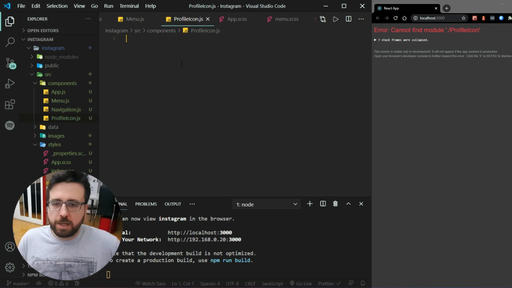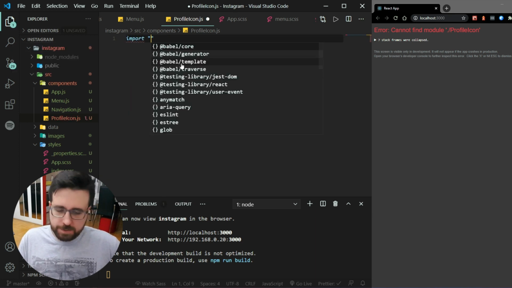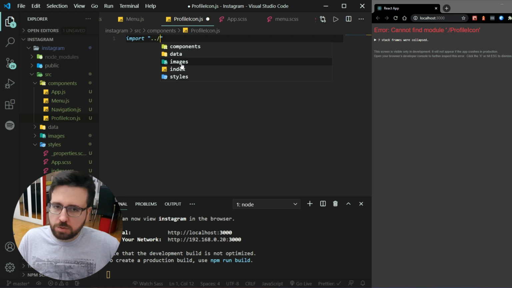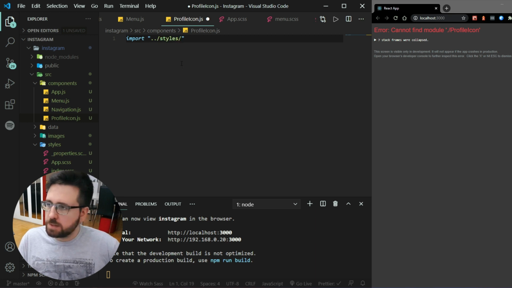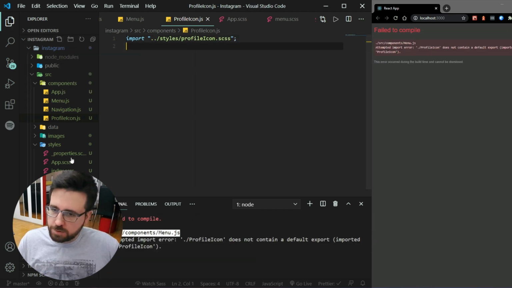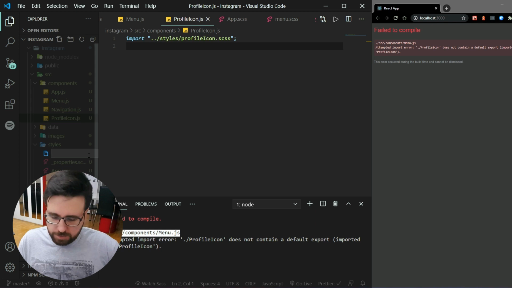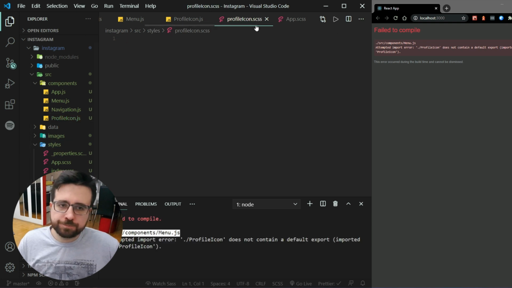And profile icon JS has a lot of things going on for it, but for now we are going to import the styles. So styles profile icon.scss, and we of course need to create that file. So profile icon.scss,